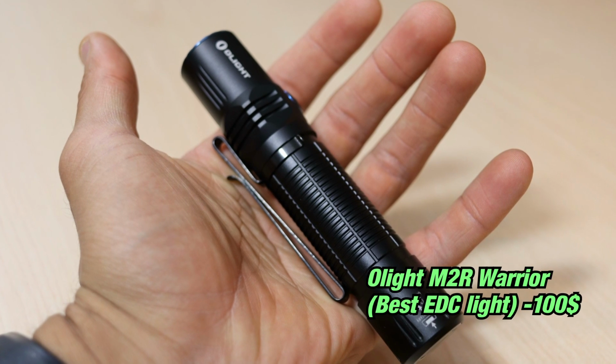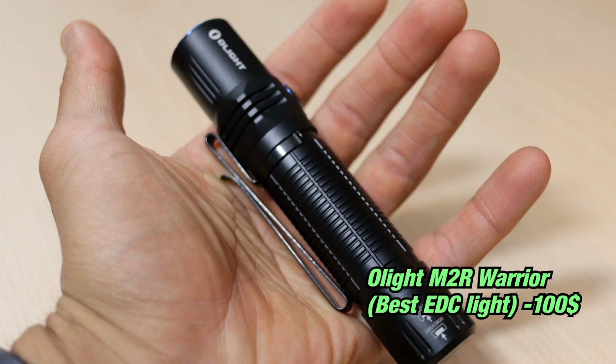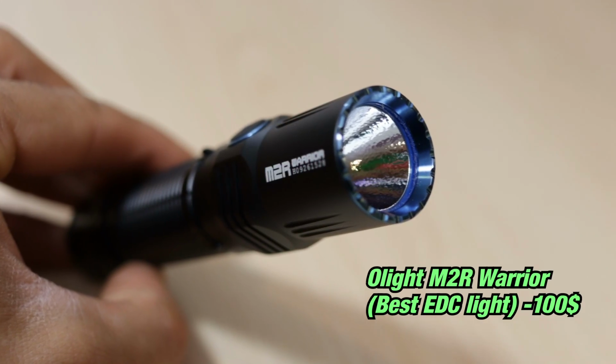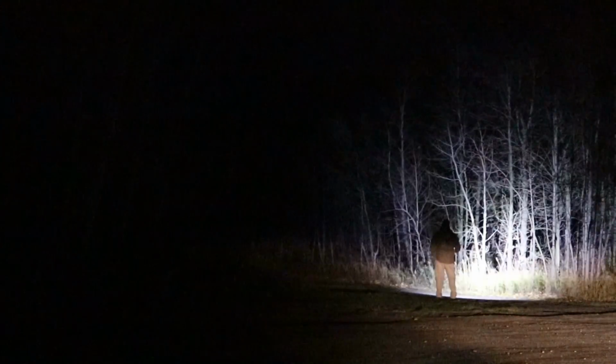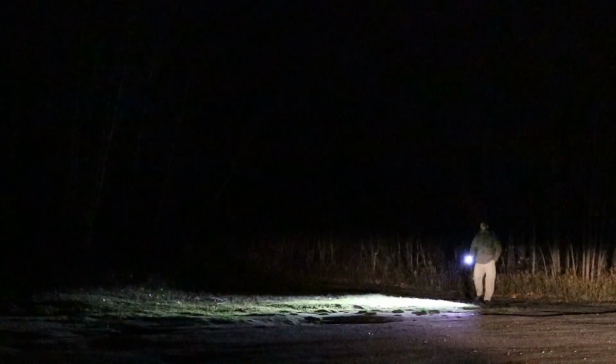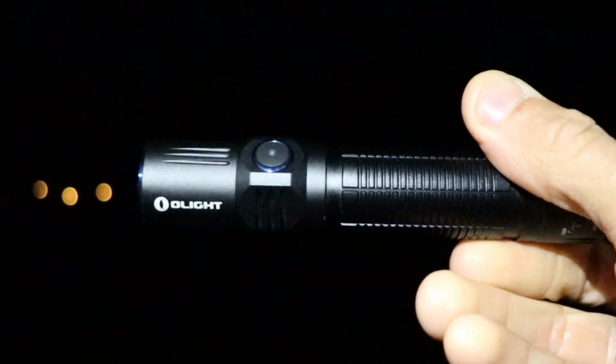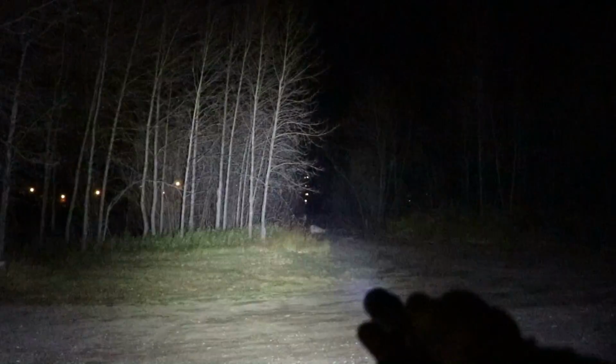Probably the most practical flashlight of 2017 is the Olight M2R Warrior. This is a 1500 lumen light that fits in your pocket, has an excellent beam pattern with a streamlined design and a tail switch, runs on an 18650 battery, and comes with the standard 5-year Olight warranty. Almost every reviewer on YouTube agrees that the Olight M2R Warrior is probably one of the best EDC flashlights of 2017,